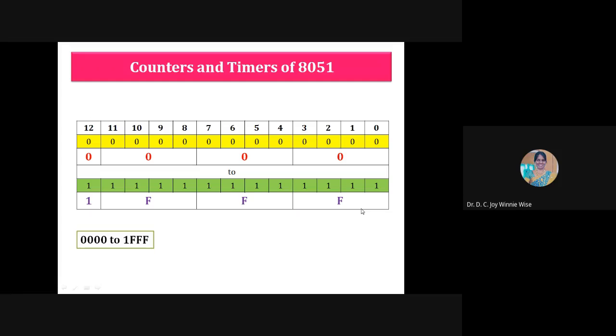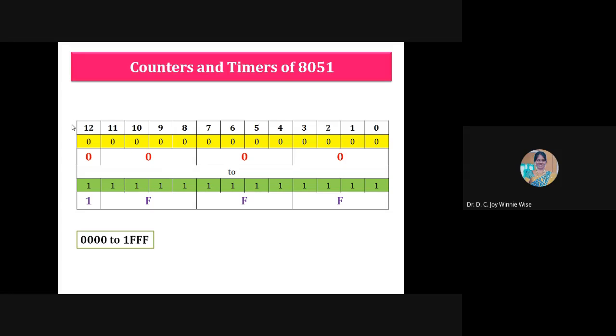Got it? Suppose you are going for 16 bits, can anyone tell me the range? You can add bits 13, 14, and 15 in extra to that. This is 13 bits, where the range is from 0000 to 1FFF. So work it out.